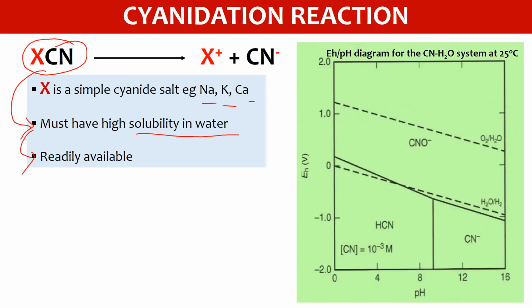As you can see here, this is the Eh-pH diagram for your cyanide water system. For your leaching to be effective and efficient here, we are looking at this region of cyanide. That's where we say the most efficient leaching parameter using the cyanide lixiviant exists, because this is where your CN minus ion is stable in this thermodynamic region of your potential and your pH. Okay,